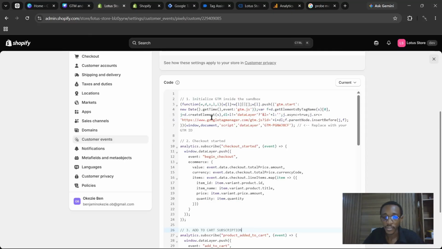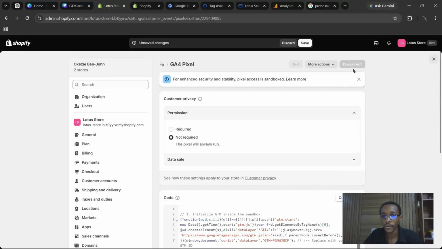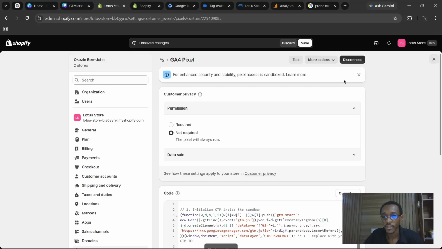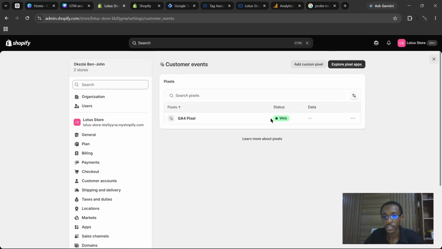So once you paste in your code right here, you click on save and then you click on connect. So if I save that, you can now click on connect. Currently, I have this already connected, so you can go back and you would see the status is showing that it is connected here. So with this, we've created a custom pixel that we are using to send data to